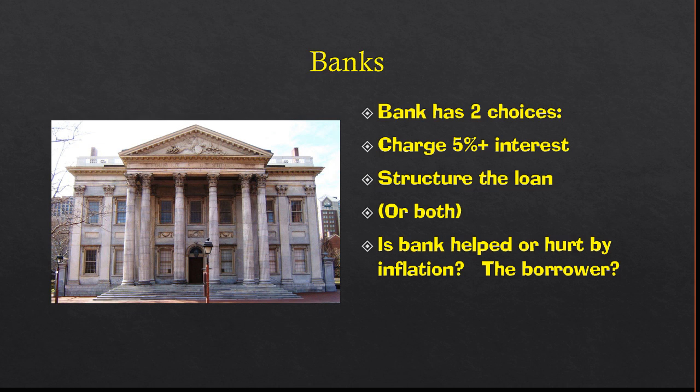Borrowers, normal people who borrow money, are actually helped by inflation. This inflation in house prices, inflation in general, it helps people who are way in debt. Okay? Think about it now. Let's say that you were making $4,000 a month and you took out a loan and you're paying $1,000 a month on a house. 20 years from now, maybe you're making $8,000 or $9,000 or $10,000 a month because of inflation. You're still only paying $1,000 a month on your house. Right? Inflation helps you pay off your house as long as your wages keep up with inflation.